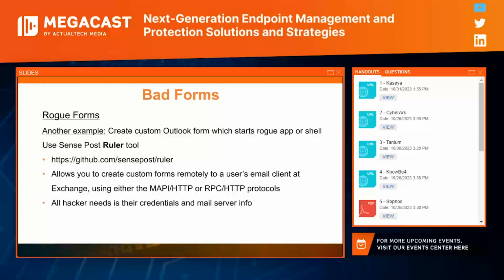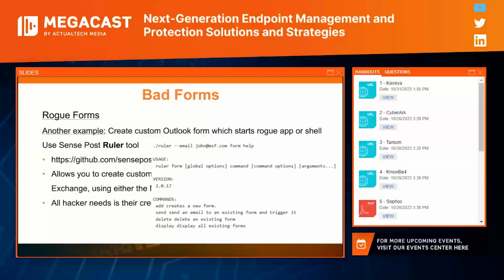And the last example I'm going to give you is called a rogue form. This works with many of the most popular email systems. Works with Microsoft Outlook and Exchange. It works with Apple Mail. It works with Thunderbird. It works with Linux. But in most of these email clients like Outlook, you can actually create rules or forms. The rules and forms are intended so you can automate your life in email, where you can say, hey, if this email's coming in from my boss, I want you to highlight it. If it's coming in from my mother, I want you to put it in this folder. So there's all this automation that you can do in different email clients, and bad guys can use that automation against you.